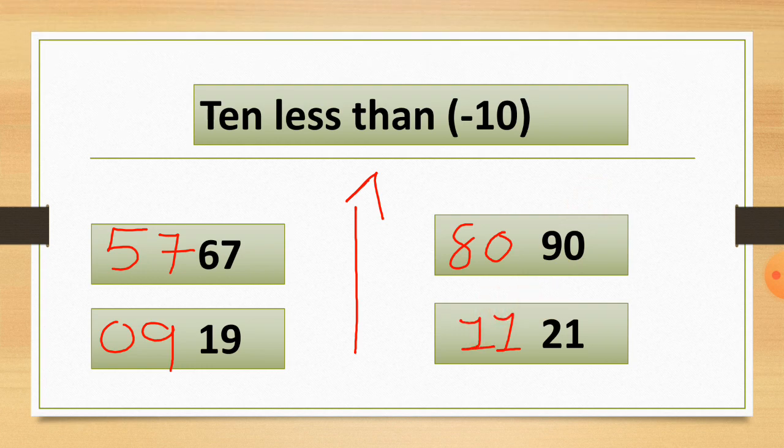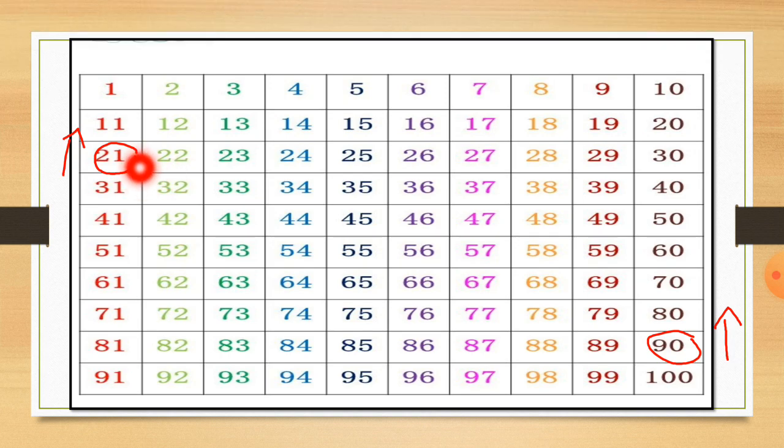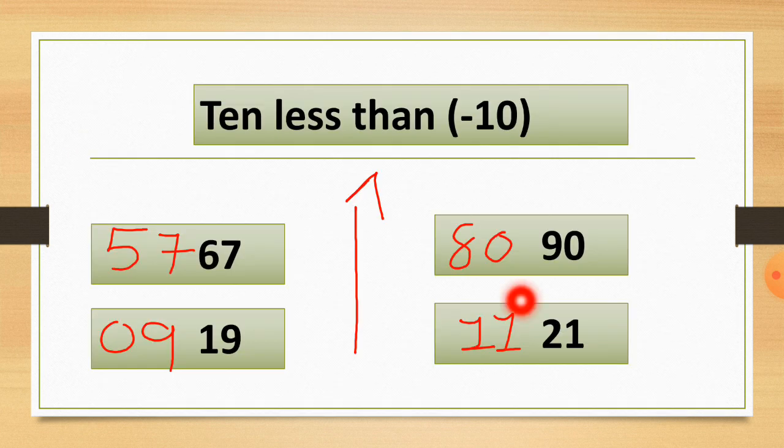So let's move one step in the hundreds grid and let's see if we get the 11 answer. Here is the hundreds grid and I circle the 21 number. So let's check where the 21 number is here. I circle 21 here and let's move one step upside, so we will get the answer. You can see if we move one step upside, we get this number which is 11, and as we wrote the answer, our answer was 11. So here you can see the shortcut method also works in the hundreds grid and the answer is right, students.